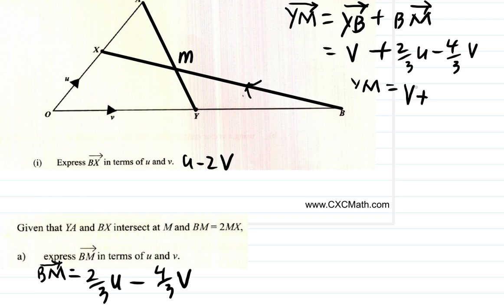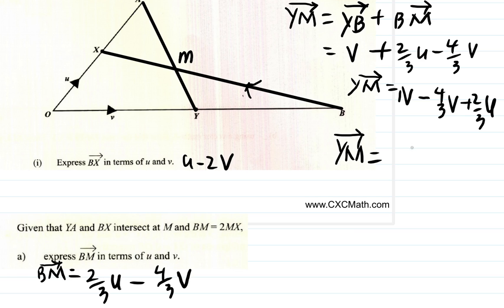Oh no, moving a bit too fast there. Put the v's together. This is YM, right? Put the v's together. v minus 4/3 v. Remember, this is 1v minus 4/3 v plus 2/3 u. You see that? So YM